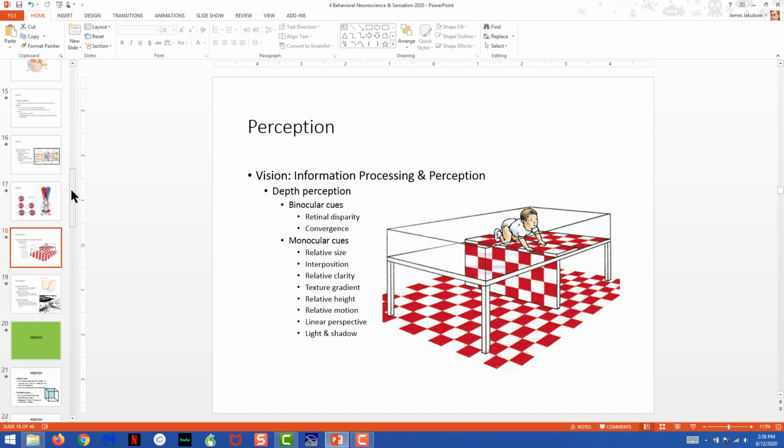Now, linear perspective is one where usually the easiest way to see this is with train tracks or even a road that you could kind of even see down here in Florida, like State Road 7. It's very long and straight. Of course, the road is 6 lanes wide where you're standing, so it seems wide, but when you look way off in the distance, it kind of comes to a point. If you look at a long sidewalk or train tracks, everything that gets further from you always is smaller. That was a story with relative size that we already talked about, and even relative height. But now we're applying it to the lines of the object down the road itself.